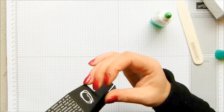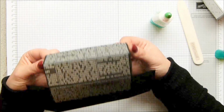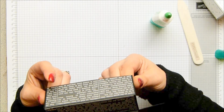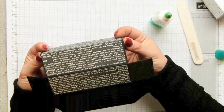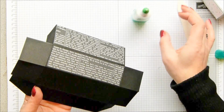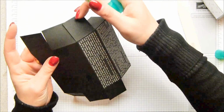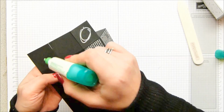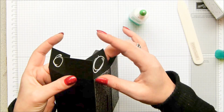And then that part. So that's creating the lid for us. I love this paper. This is Modern Medley. It's so beautiful. But I suppose because I've been doing Spring Watch recently, I haven't looked at the main catalogue papers for a while. Okay, these outer sections are all going to stick to themselves. Stick to this same one here. So if I do this one onto there,